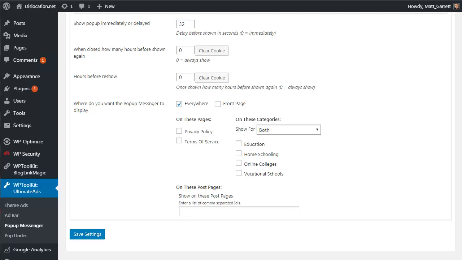Remember, with the Ultimate Ads plugin, you're adding 4 separate income streams to your blog. So don't have them all fighting with each other and competing with each other. Separate them out, have them staggered so that they enhance the opportunities and give you more chance to grab that